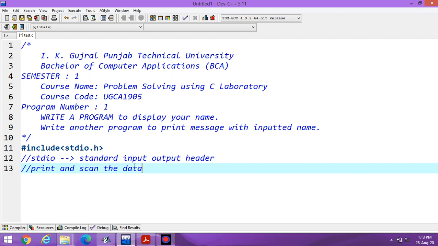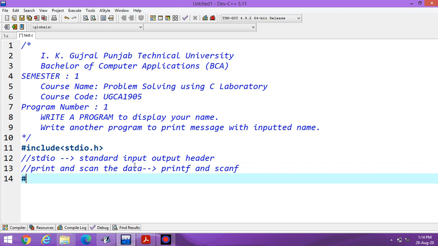You can input and output the data. Suppose I have to enter some number and display some number. For displaying, the printf command is required. Basically the commands are printf and scanf. We will apply this in today's lecture also.